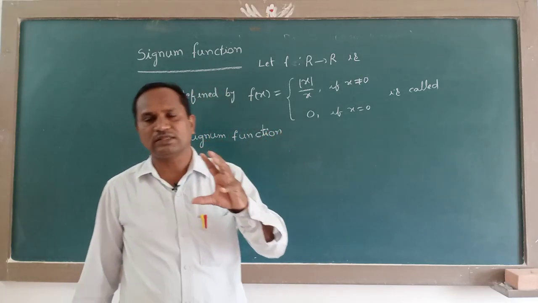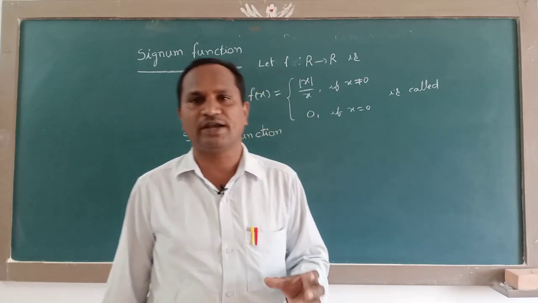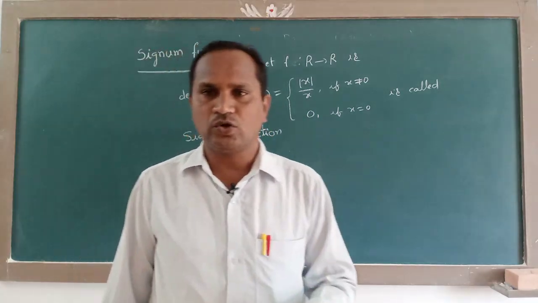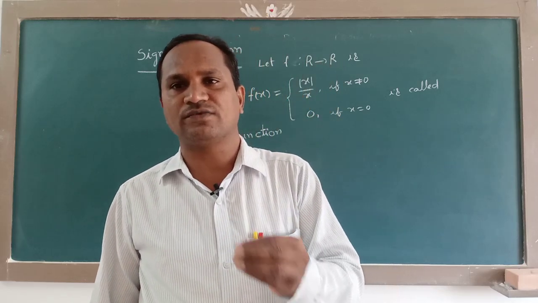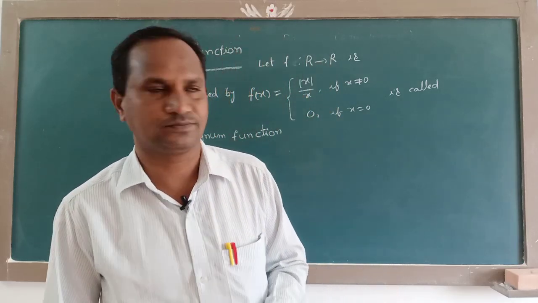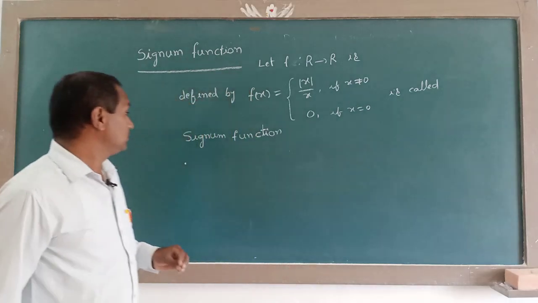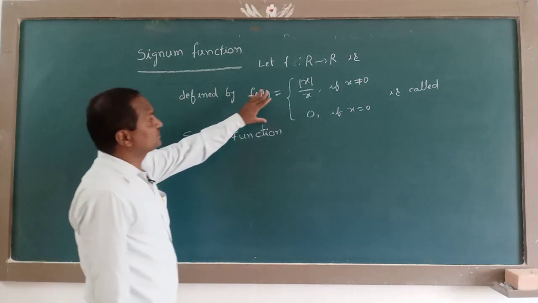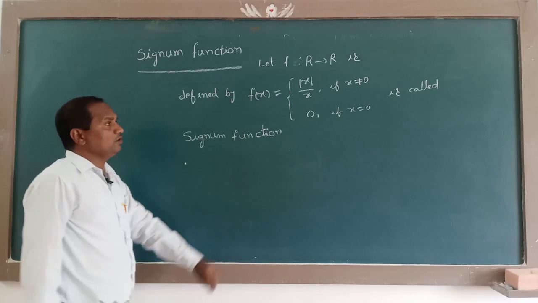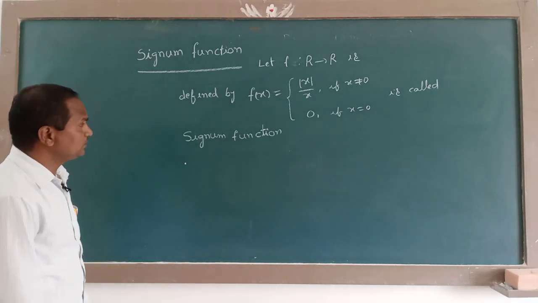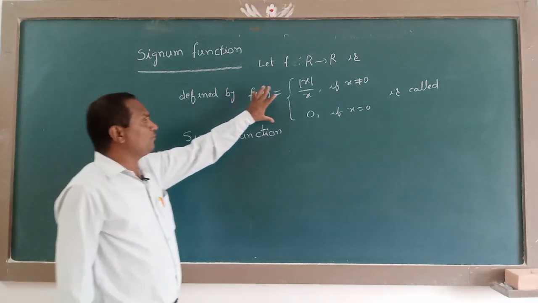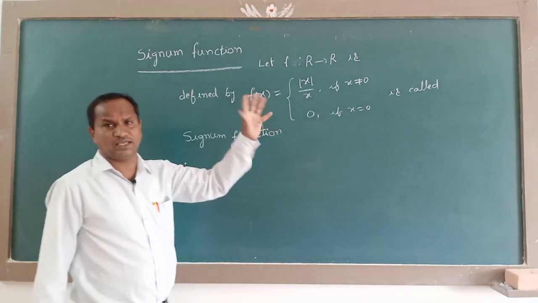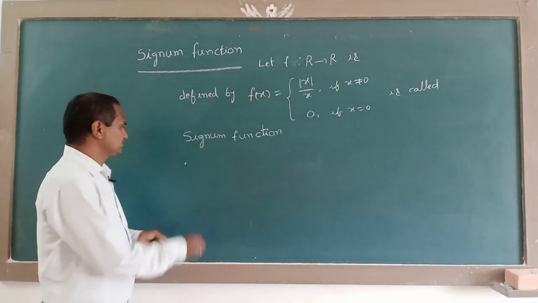With the help of all these three values, we are going to find the domain, codomain and range. At the same time, we are going to give a graph of the signum function also. So first, we are modifying the values of modulus of x by x, and we are going to write those values here. That is, once again we modify this function. We can just arrange the values like this.